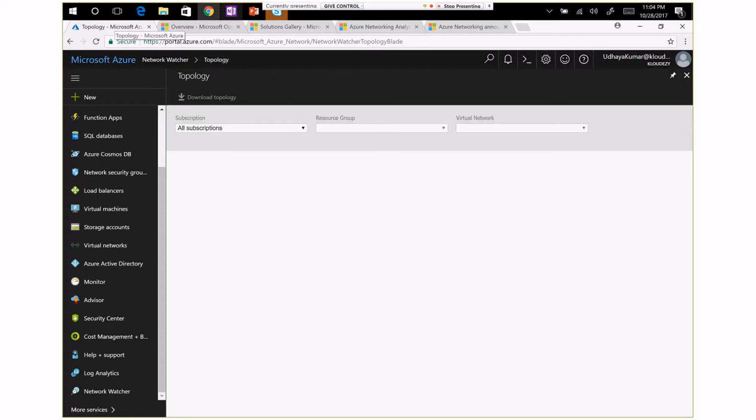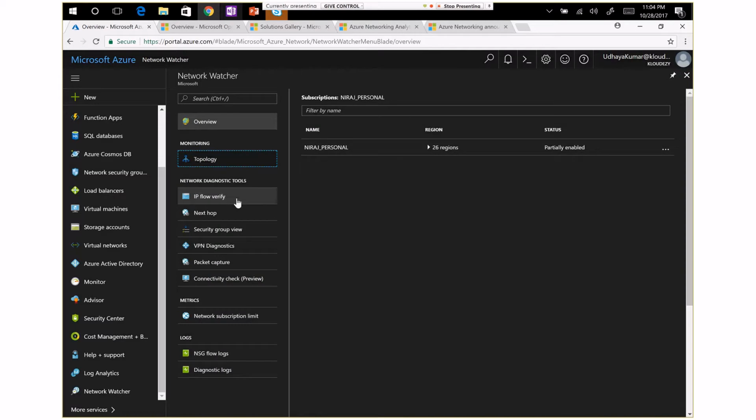If you look on the left side, Topology will give you the entire topology of your infrastructure, if you have any VM. You have to select your resource group in the topology view. But anyway, if you go into IP flow verify,